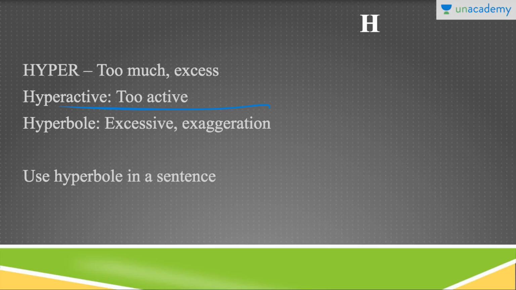Hyperbole, and guys, this is not pronounced hyper-bowl. You can look up the pronunciation online. Hyperbole basically means an exaggeration. Hyper means too much, and if you put the word together, hyperbole denotes an exaggeration. For instance, when you say, "अरे वहाँ पे तो इतनी ठंड पड़ी कि polar bears ने भी jackets पहने हुए थे." Obviously, that is not going to be true. So this is an extreme exaggeration, and therefore it's called hyperbole.